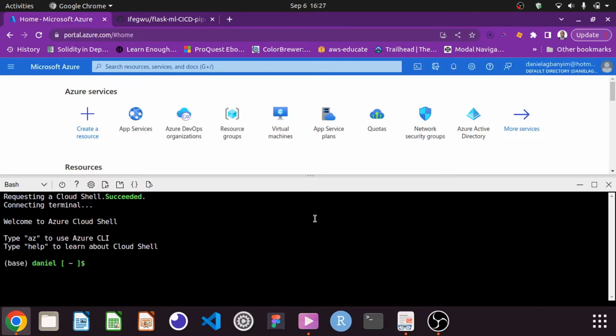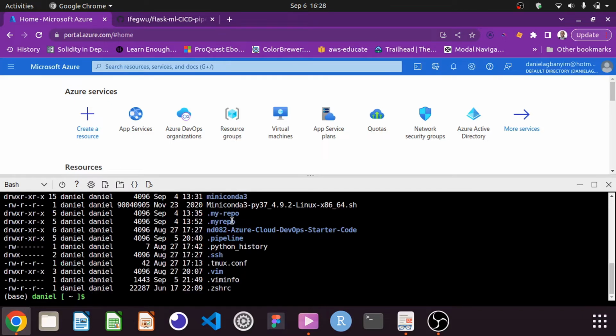our Azure portal. Yeah, the Cloud Shell is ready. So if you want to prepare your Cloud Shell to talk to your GitHub repo, just issue this command, ssh-keygen -t rsa. I've already done it, so I'm not going to repeat it. To show that I've done it, look at it here. Then the output will give you